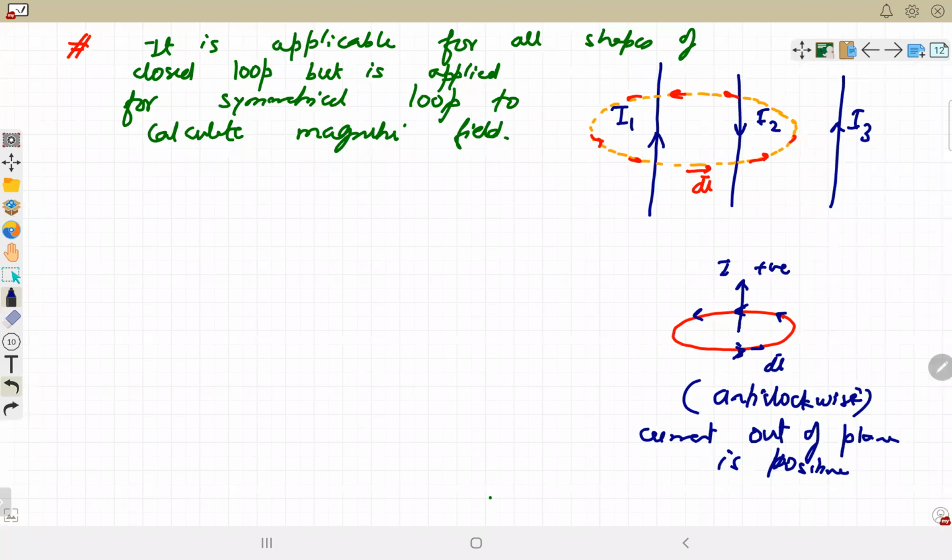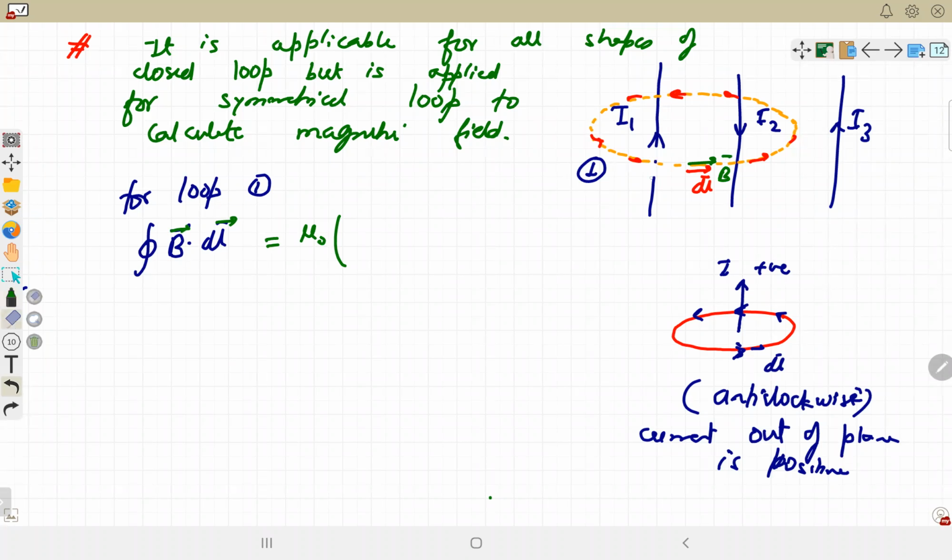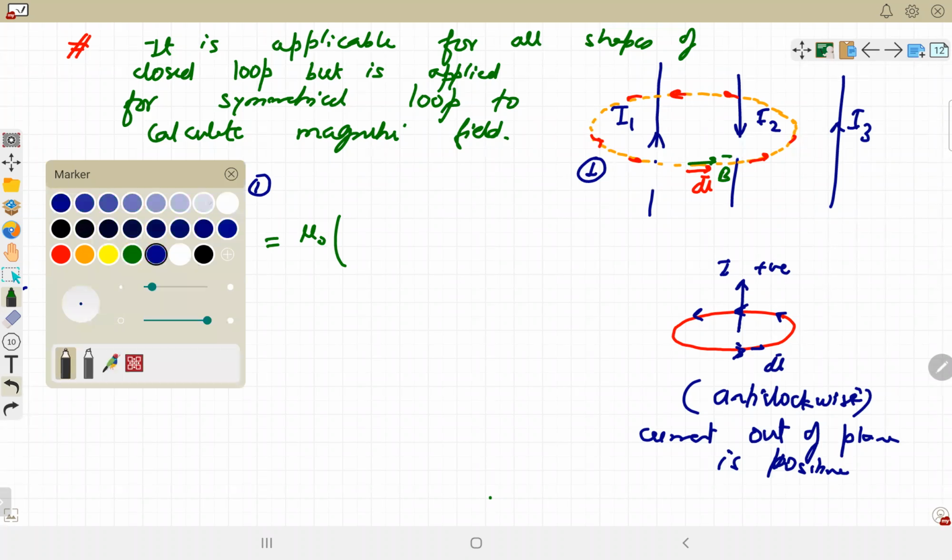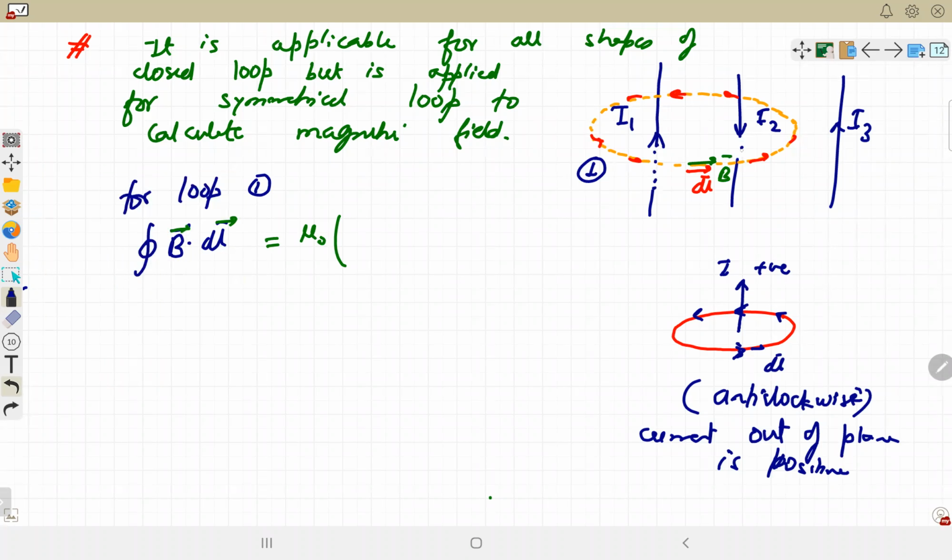Correct. So similarly, in this particular loop, the loop that we have taken here, for loop number 1, the integration of b dot dl. Now b we don't know, we take it in any direction. That will depend upon b1, i1 and i2 respective strength. Which current is more? b dot dl will be equal to mu naught. Because we have integrated anti-clockwise, we will make a loop here to get a 3D feel. This wire will be like this. Current is coming up and here current is going in.